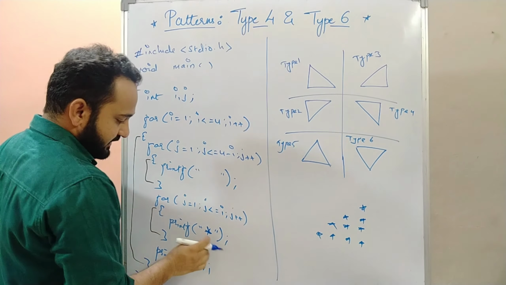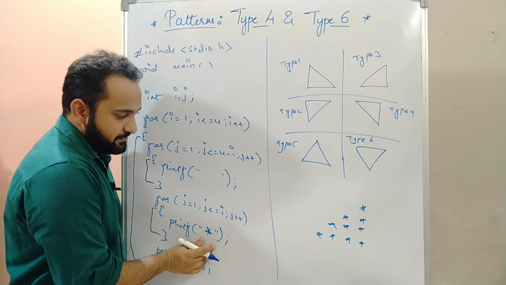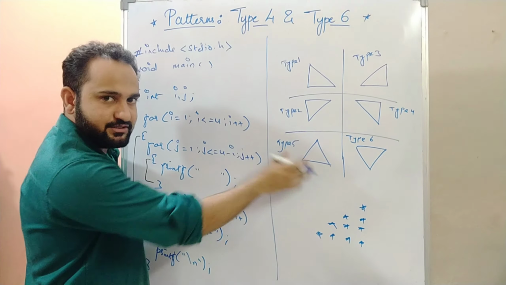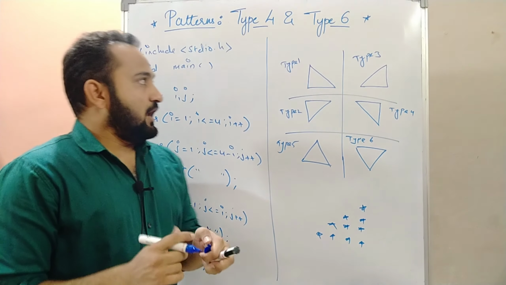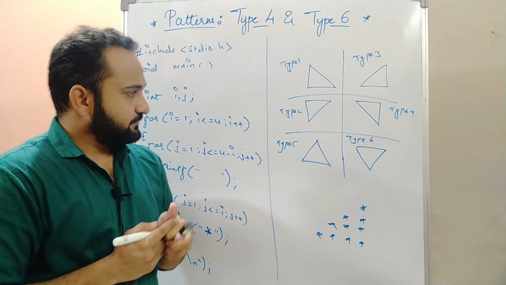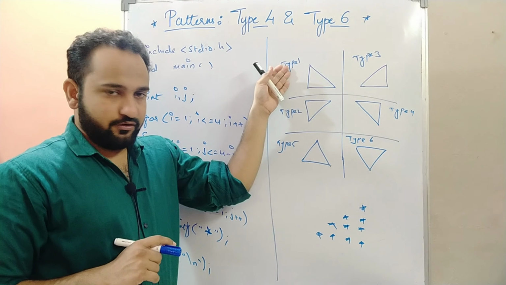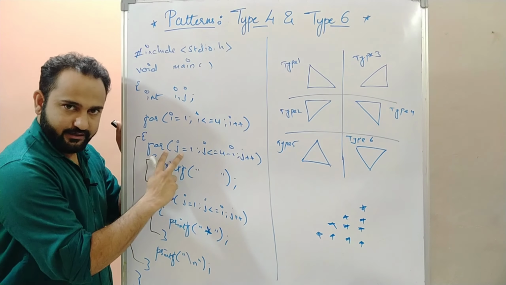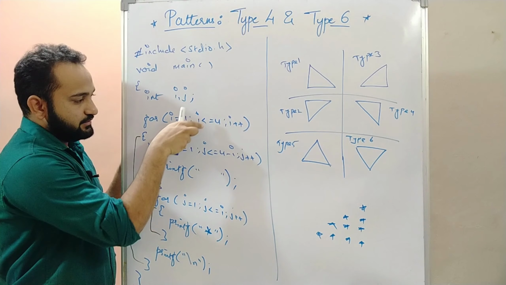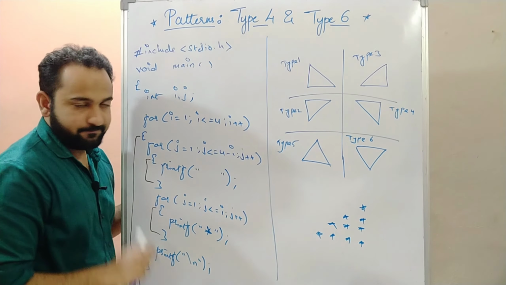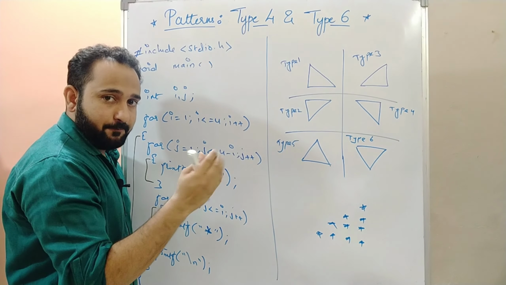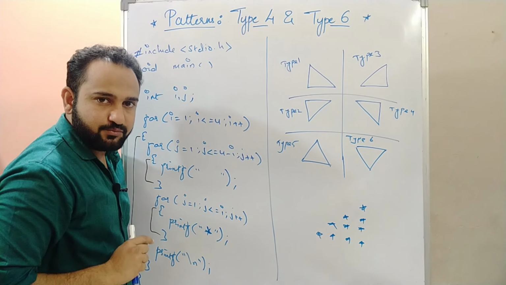And if you give space after printing star, you will get a pyramid, right? That is the type 5 pattern. Now going back to type 1, for this the code won't have the space loop, agree? No space you have to leave. Just recall what we have done for type 2.